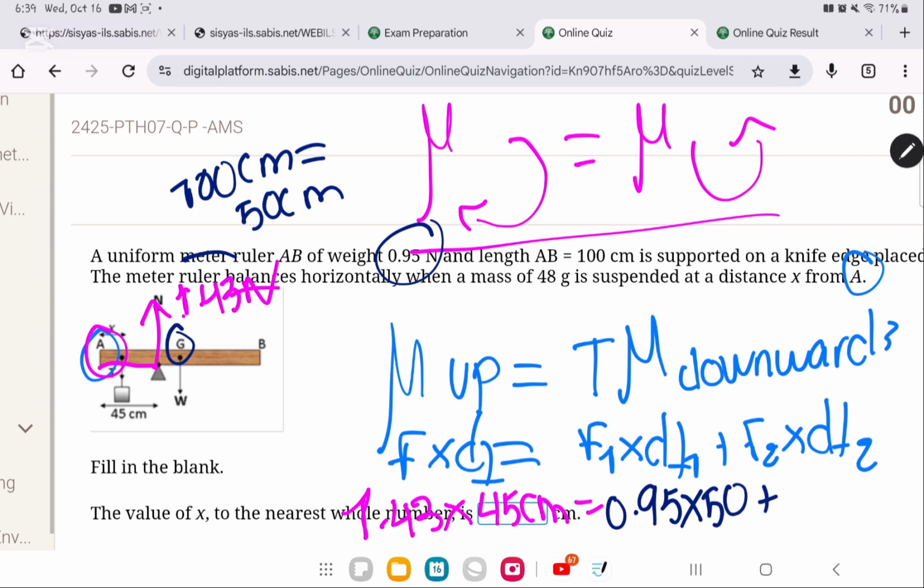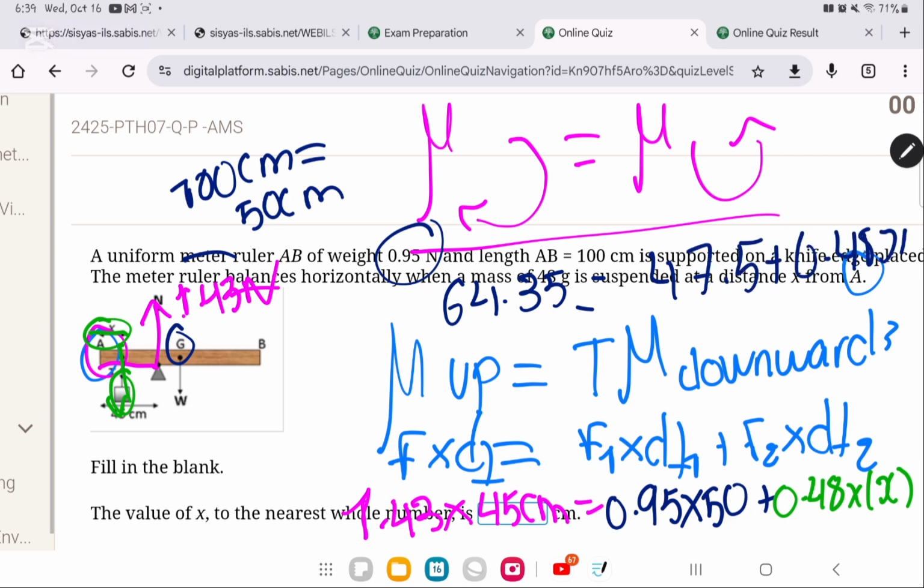What is force 2? Force 2 is the second weight, which was 0.48 newtons, multiplied by the distance from it to x. To find the distance from it to x, what are we going to do? We don't have it, so we are going to solve it to find it. So now we have 1.43 times 45 centimeters. We get 64.35. It's equal to 0.95 times 50 centimeters, which is 47.5, plus